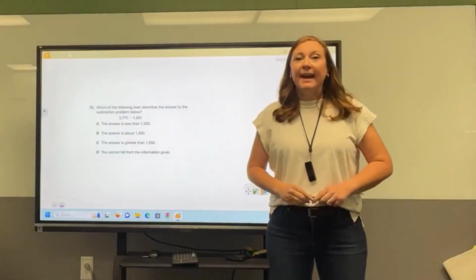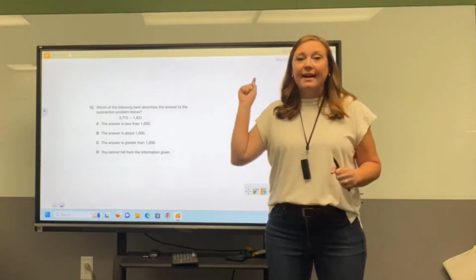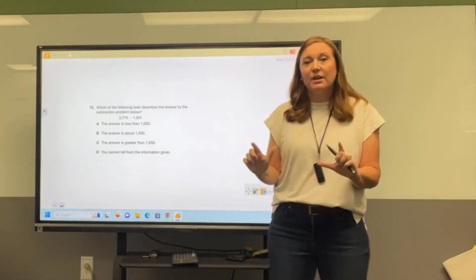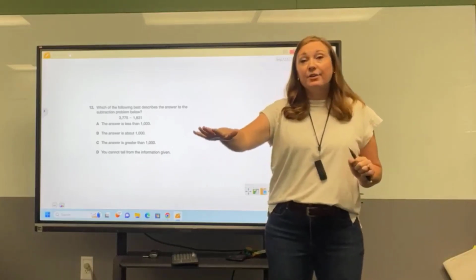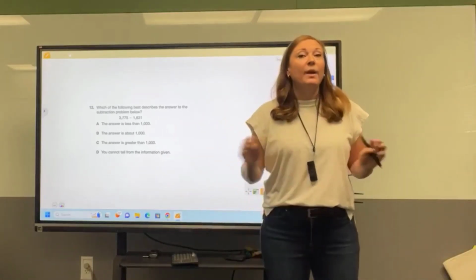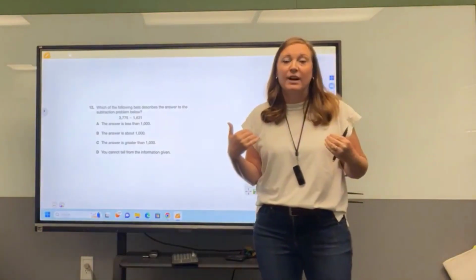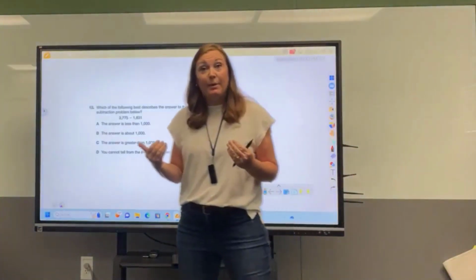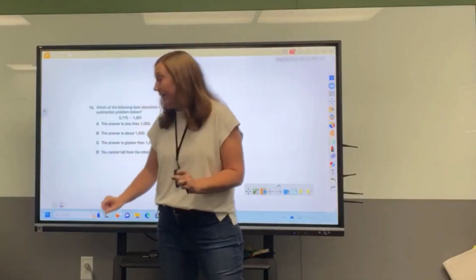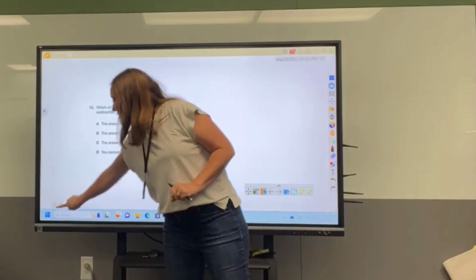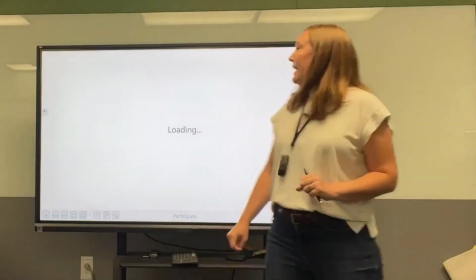So here we are back in Whiteboard. I have taken a screenshot of that problem that I want the kids to work on. They're working on it in their groups. We are waiting for them to be finished, and as they finish, they're going to come up to the board and write their answers in participate mode. So that is located down here next to where you chose your backgrounds. When you tap that, it will open up